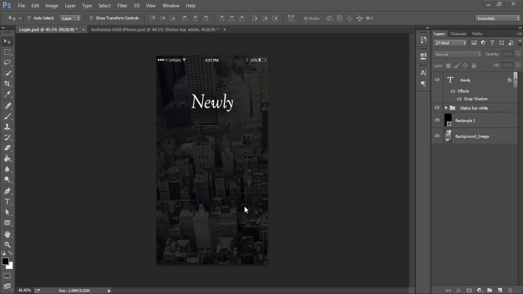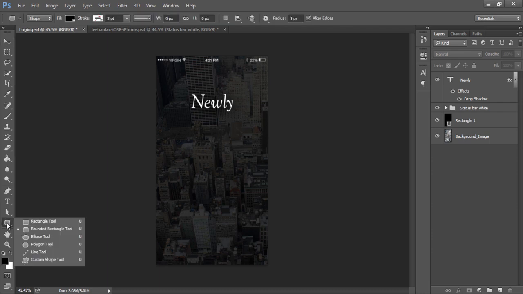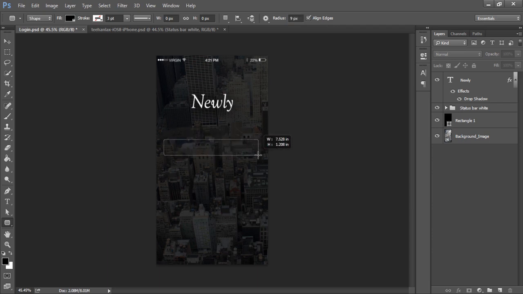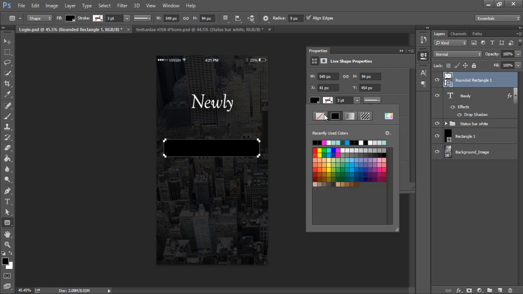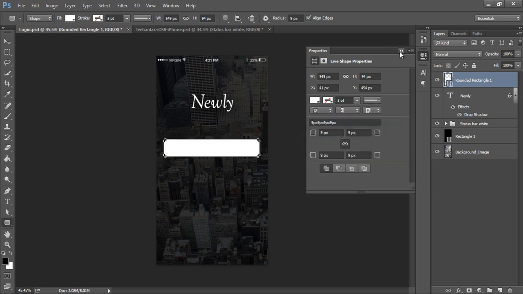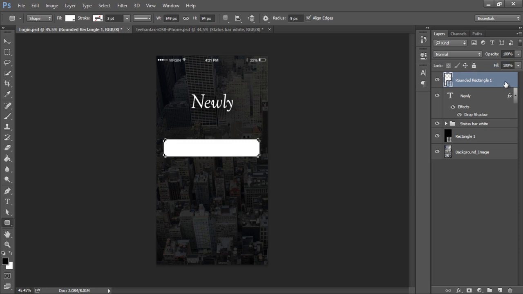So grab your rounded rectangle tool over here, set the radius to 9 pixels, and just drag it over like this, and that's it. Set the color to pure white, close the properties window,